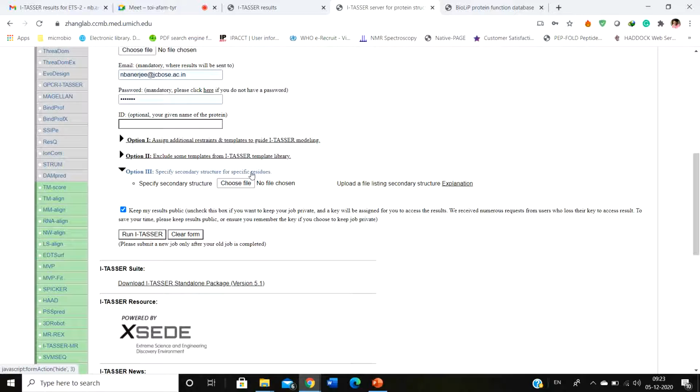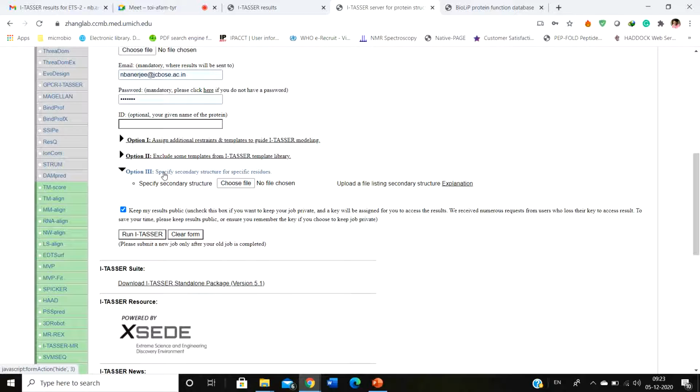And even though you come to I-TASSER, you might find that Chow and Fasman was a waste of knowledge, but that's not so, because people still use that server to specify each residue. Then simply click on run I-TASSER and it is going to run the whole data.